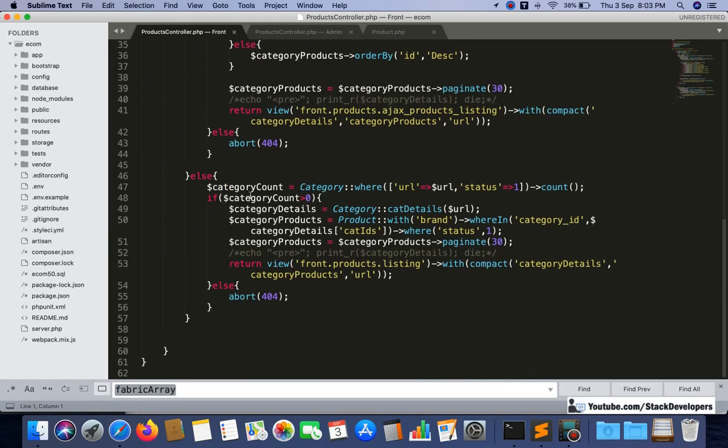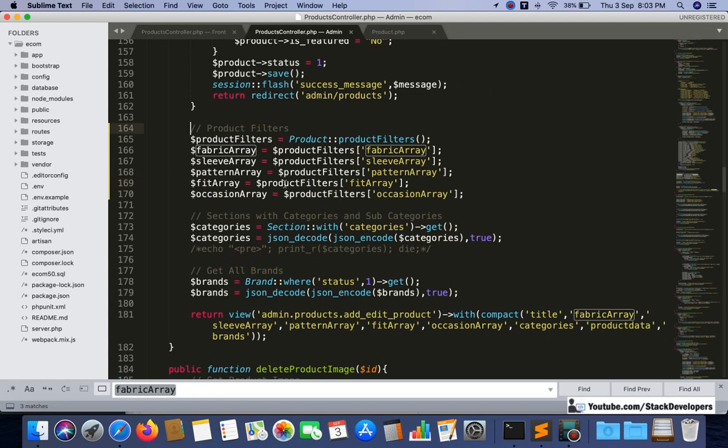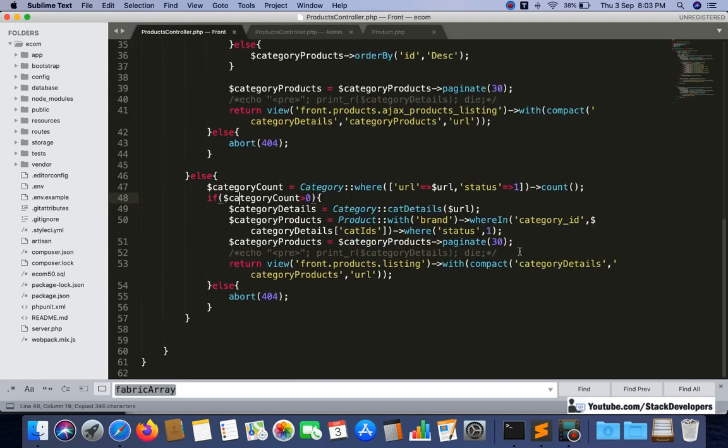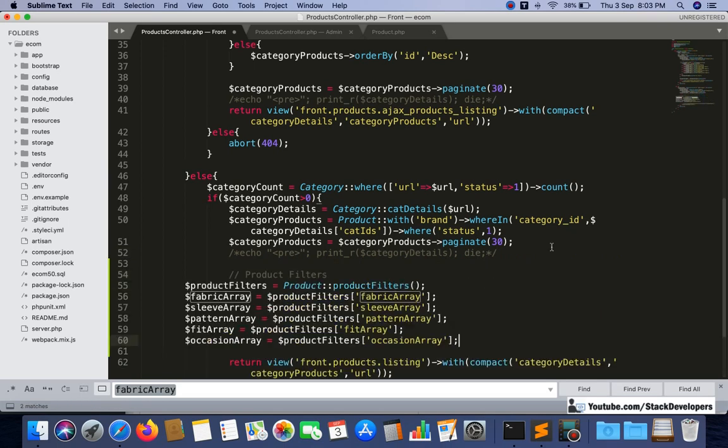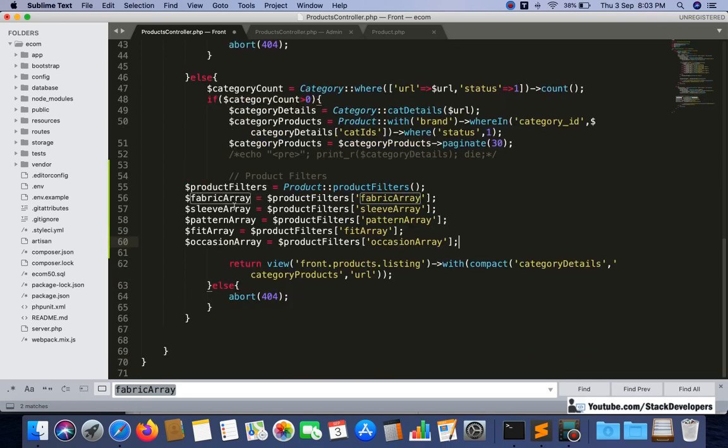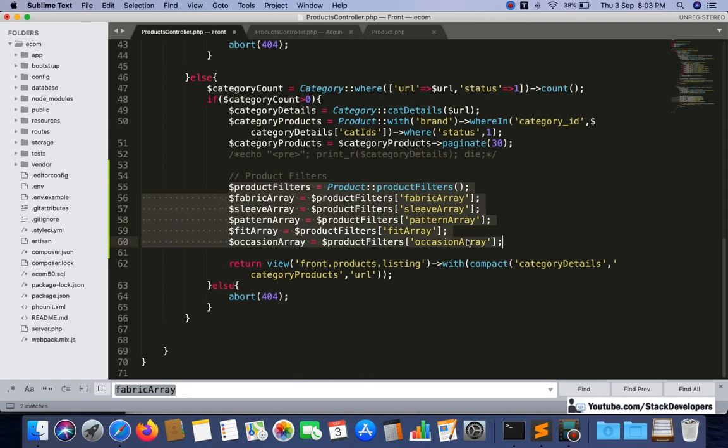In the else part we are going to update these filters. I am going to use these filters in the else part once again, and it is a very simple thing: I am just going to use this one, print it here and just return these. So see, our task is very easy.